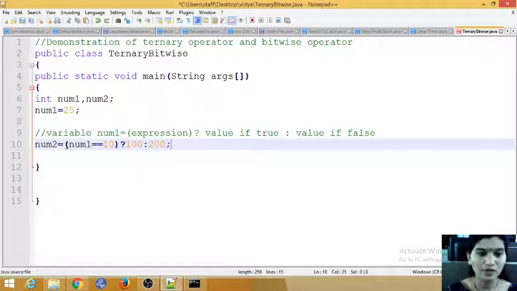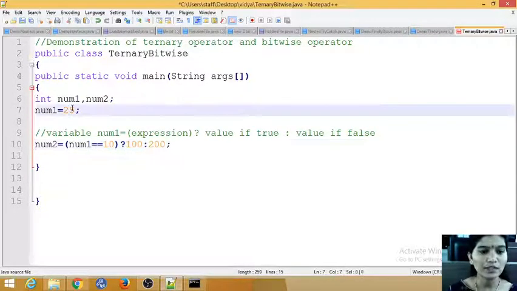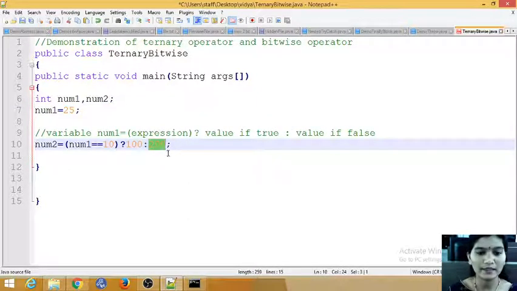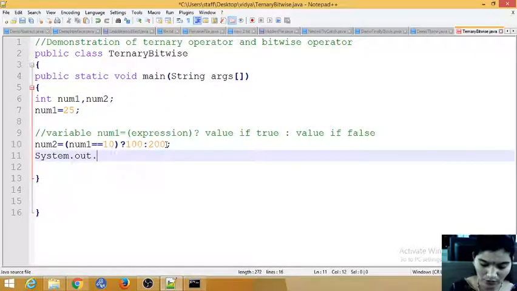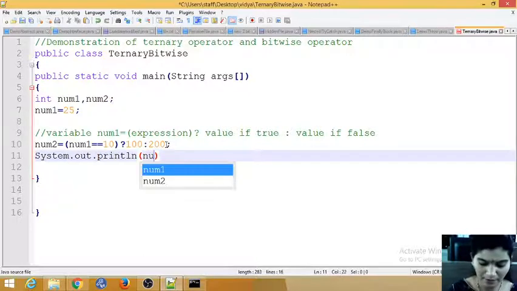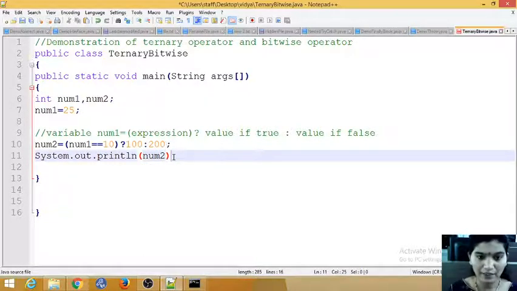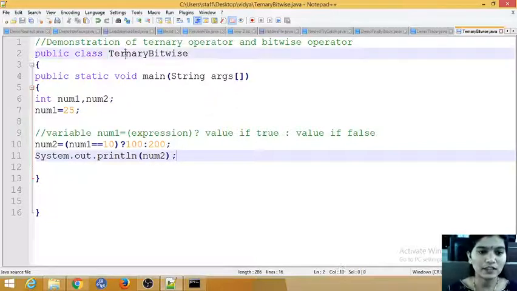If number 1 is equal to 10, I return 100, or else I return 200. Number 1 is 25, and is 25 equal to 10? No, so I return 200. Now we'll print the data, System.out.println, the number 2 value, ending with a semicolon. Just save, and we'll execute and see if it is working.